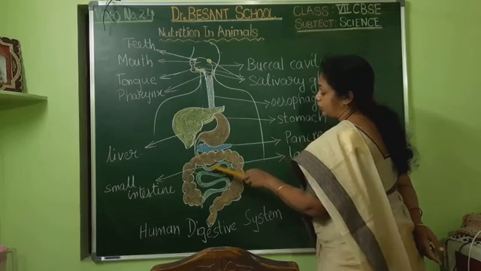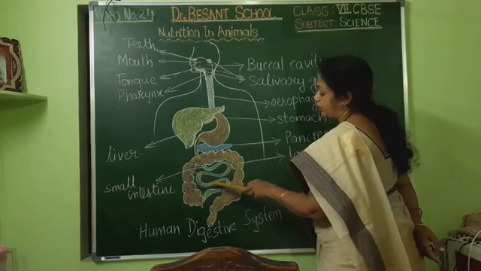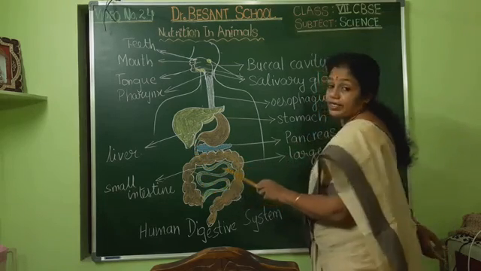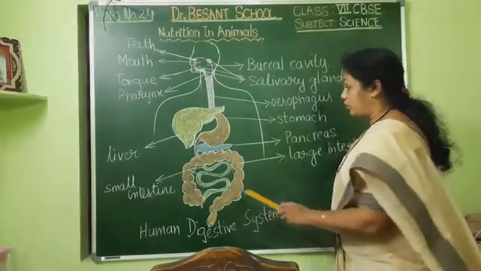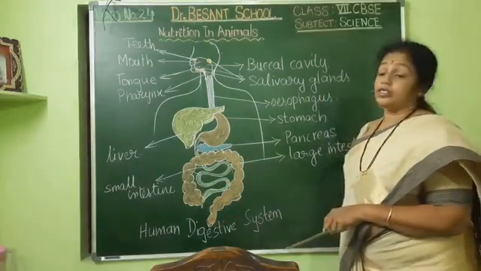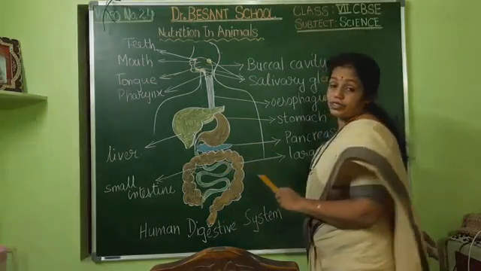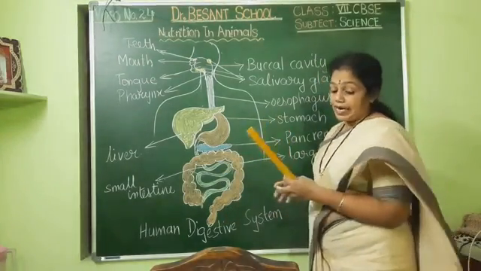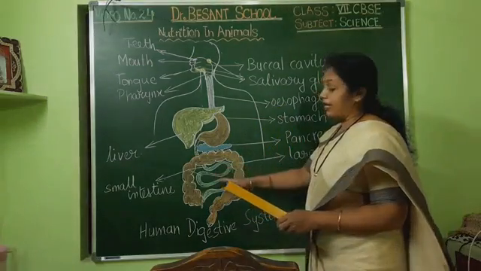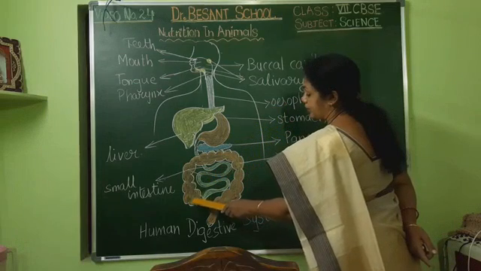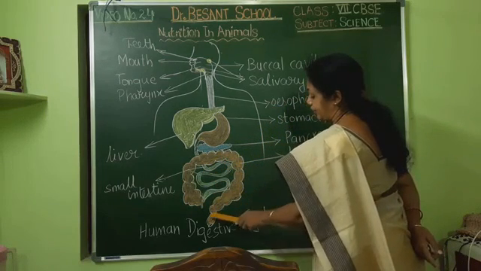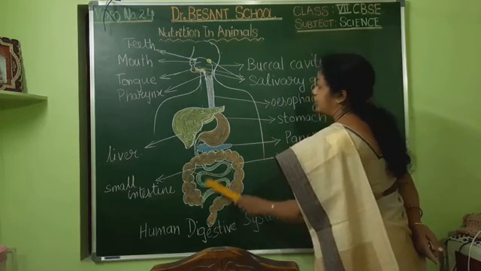Then from here the small intestine, though it is called a small intestine, is the longest part in the digestive system, approximately 7 meters long. The whole digestive system is 9 meters long. See, and it is tightly packed. I have not drawn it so tightly packed for your understanding, but it is very tightly packed. And from the small intestine comes the large intestine. So these are the different parts.